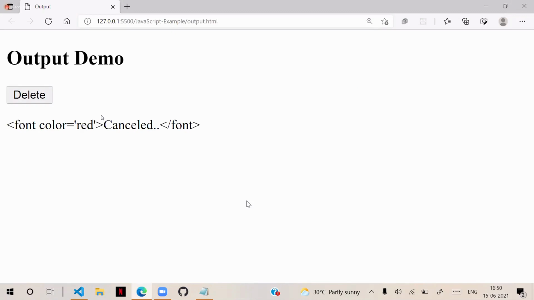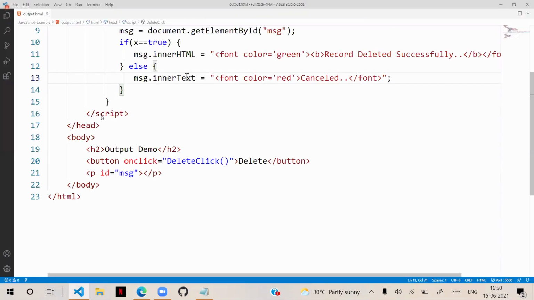It cannot show that. So if you don't want to allow formats, you want just plain text, then you can go with innerText. If you want to display with some formats, rich contents, then you can use innerHTML. That is the difference between innerHTML and innerText. We have outerHTML. Actually, outerHTML is nothing but, suppose, observe carefully. Now I am using here